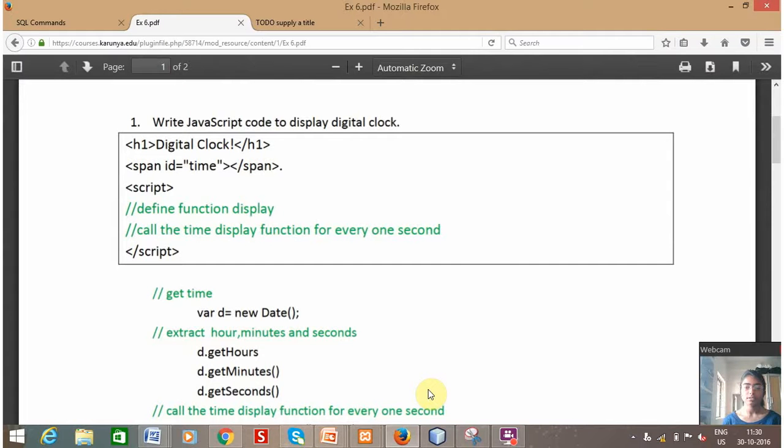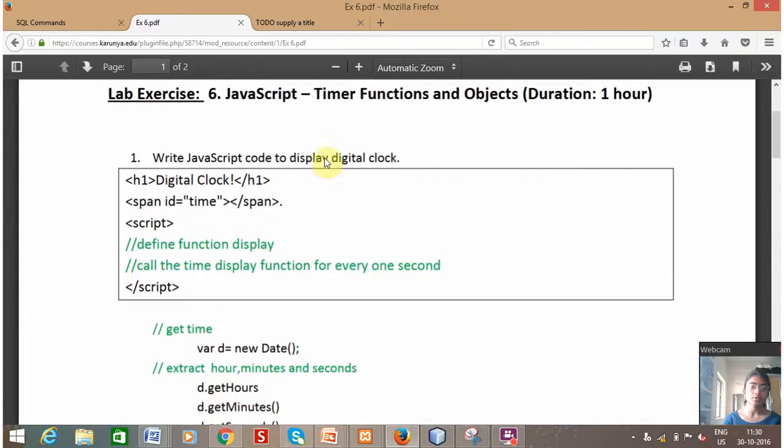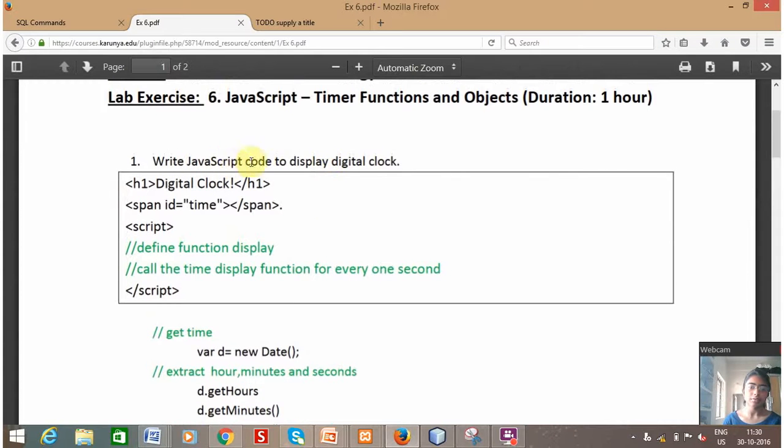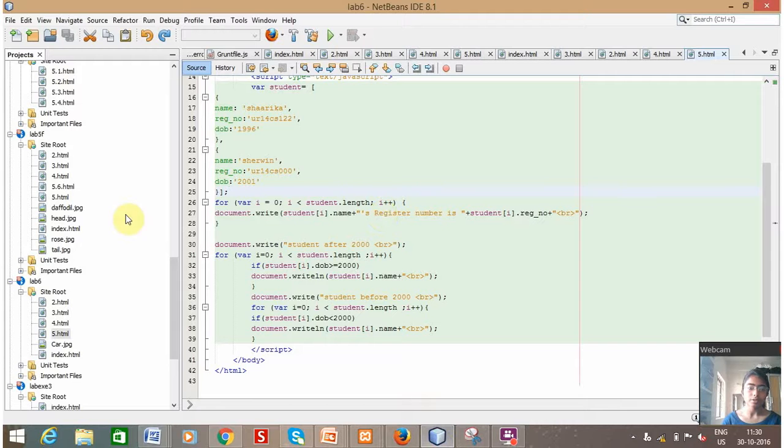This is Sharika, UR14CS122. This is experiment 6 in web technology. First, we are going to see how to write a JavaScript code to display a digital clock. For that, the code is,